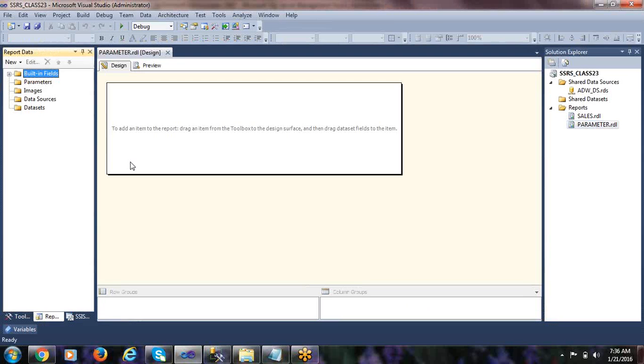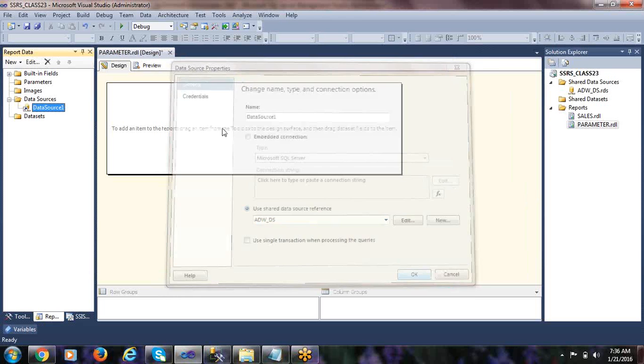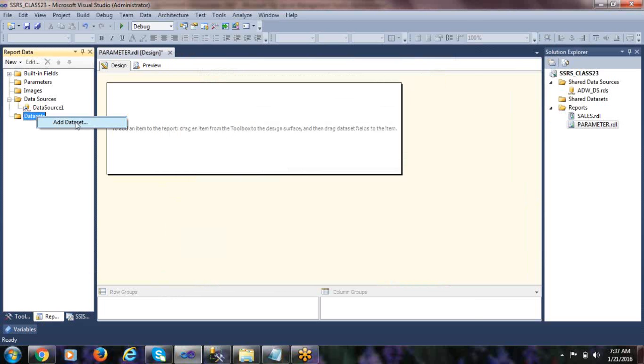Click on add. Now we need to create a data source, right? Embedded data source, add data source. But I don't want to select SQL Server again, providing the database and all. We have already created a shared data source here, so let me use the shared data source reference edw_ds. Click on OK.